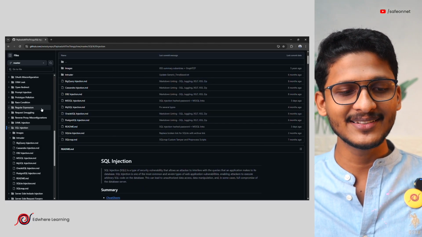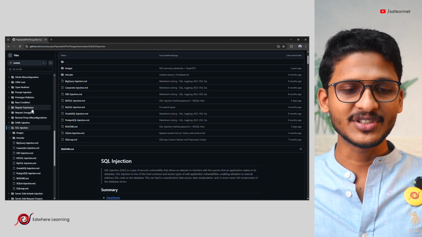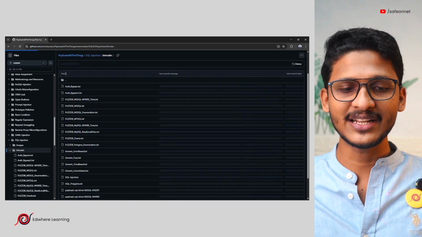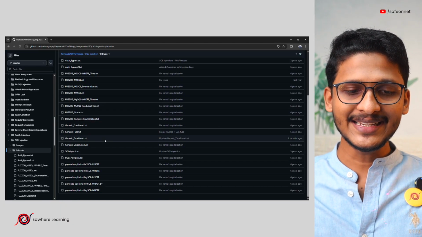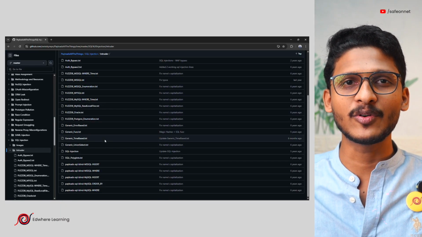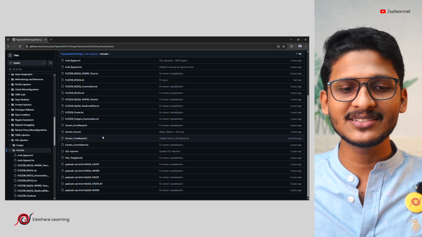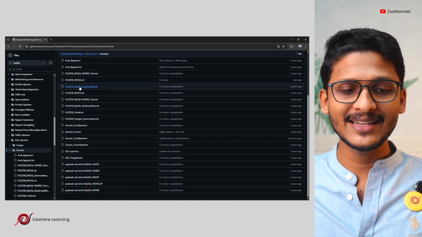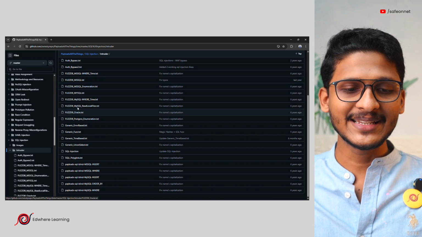In every web application vulnerability you can find in this repository, there is a folder named Intruder. You can go into this Intruder folder, and what you can see here is, if you are specifically testing for SQL injection vulnerabilities based on a MySQL database, there is a particular fuzzing payload here.